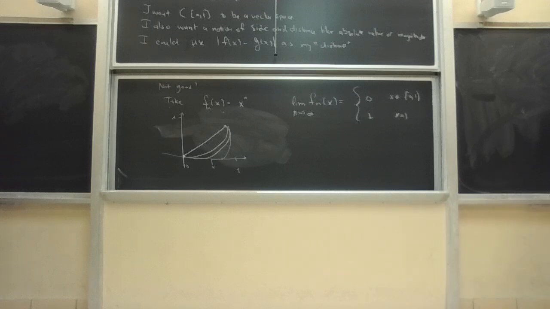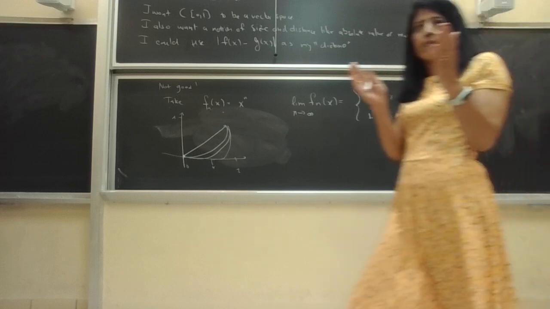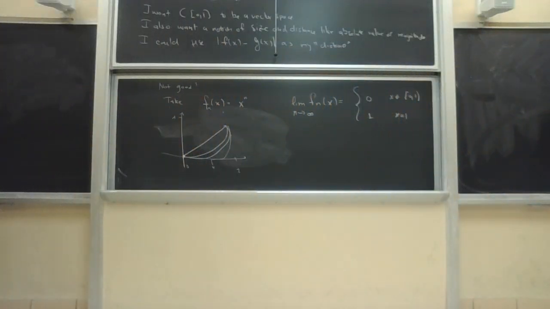So if you look at that, this is unattractive in the same way that the rationals are unattractive, because you can create a sequence of rational numbers that converge to something that's not a rational number. And in fact, we say that the rationals are not complete. They don't contain all their limits. If I use this definition for size and distance, the pointwise definition, it's unattractive because I can generate a sequence of continuous functions that converges to something that's not continuous.